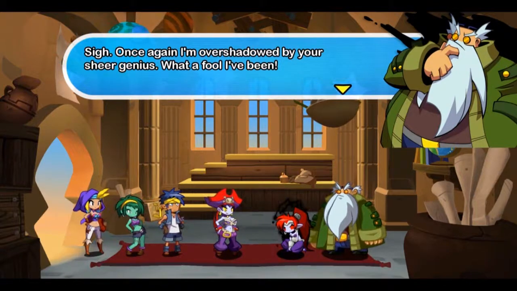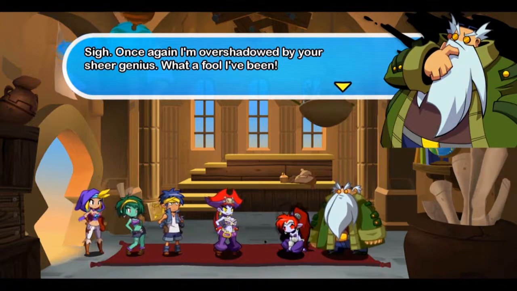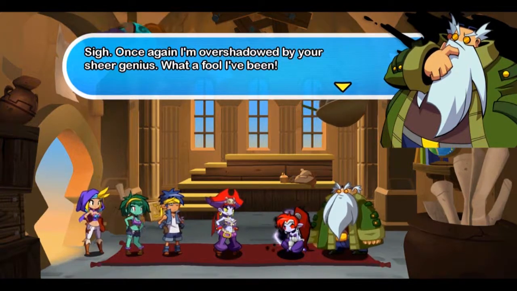Again, a completely unnatural thing for Uncle Mimic to say. But then again, keep in mind that this is supposedly Risky's version of the story, and everybody's a weak, timid